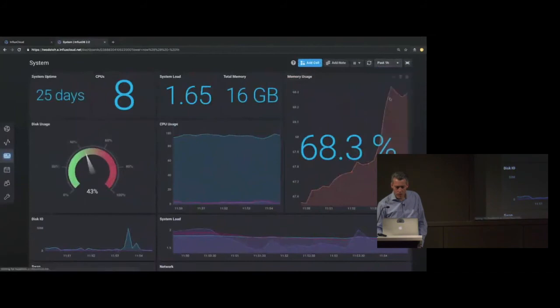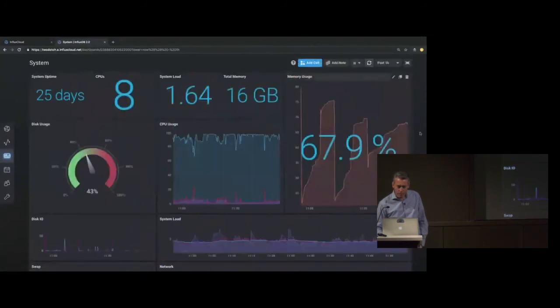I've been running this for a little while. Hit the refresh button here. And I can just see how things have been performing over a longer period of time. Again, our goal is to provide the associated pre-built dashboards that go along with those plugins. And as you go through the configuration process, you'll have the option to import those existing dashboards and modify them and take them away from there.